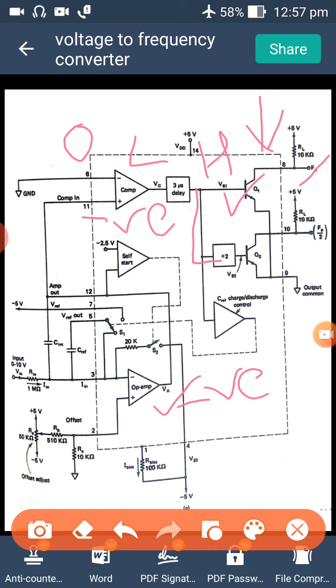Now this high is also connected to the divided by 2 circuit. What will it do? It will complement the output. If a high is given, the output of this divided by 2 circuit will be low. If low is given to Q2, Q2 will be off. If Q2 is off, F0 by 2 will be high. Right?